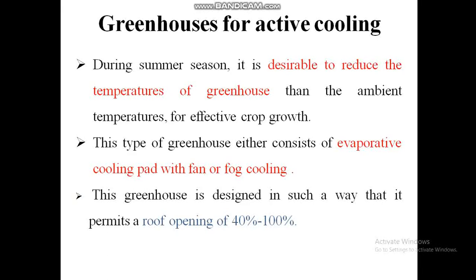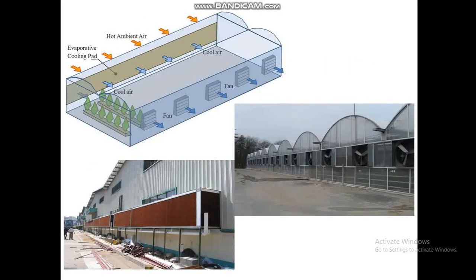यसमा चाहिँ हामीले फ्यानहरू युज गर्न सक्छौँ or fog cooling युज गर्न सकिन्छ। This house is designed in such a way that it is permit to roof opening of 40 to 100% roof opening system लगाउन सकिन्छ। त्यसमा जसले गर्दाखेरि चाहिँ टेम्परेचर सबै मेन्टेन होस्, राइट। You can see in a figure, but it is hard to understand, but you can understand. You can see there, they are the fans which you can see clearly in figure. There is cool air coming inside, and